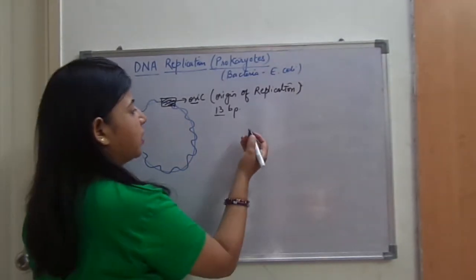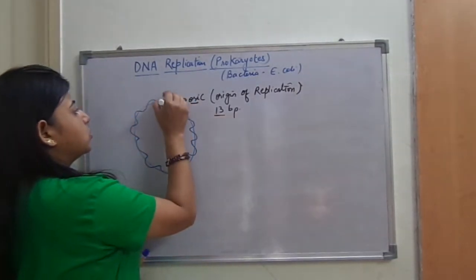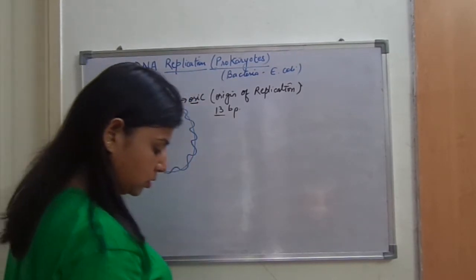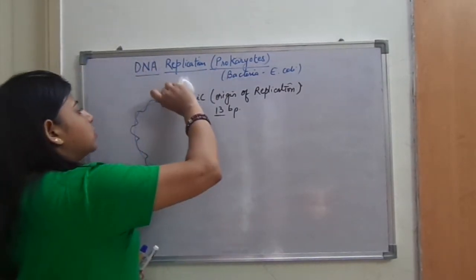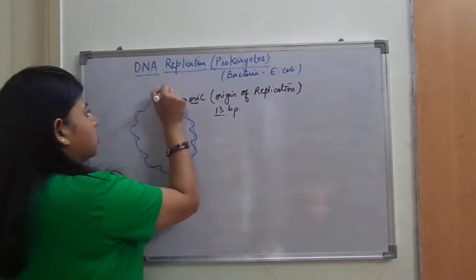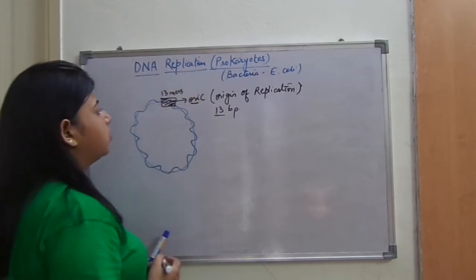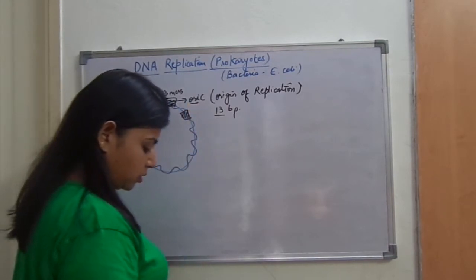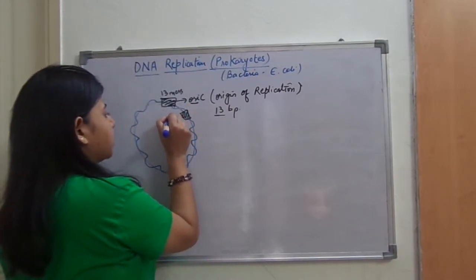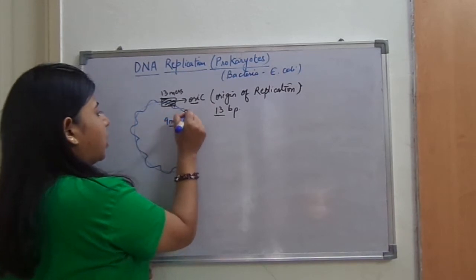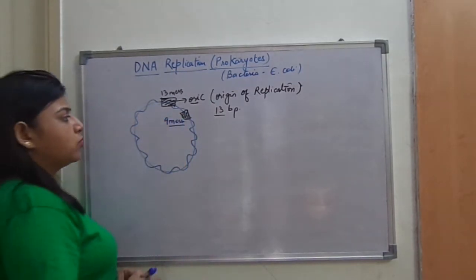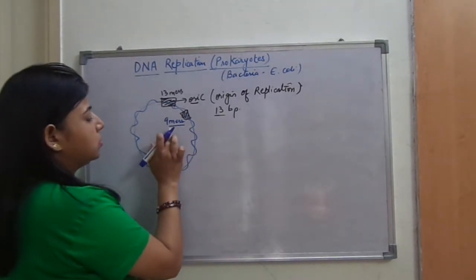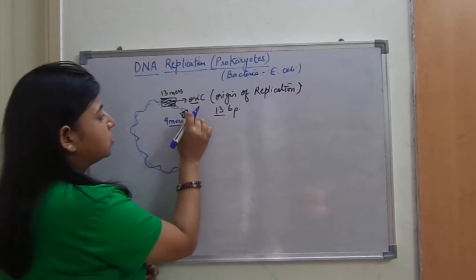These 13 base pairs, suppose these 13 base pairs are present in this region. The 13 base pair region is known as 13 mers, because these are of 13 base pairs. Ahead of it a point is present which is known as 9 mers, and these 9 mers have 9 base pair repeats. So first of all, in DNA replication in case of bacteria and in prokaryotes, the position of these 9 mers,